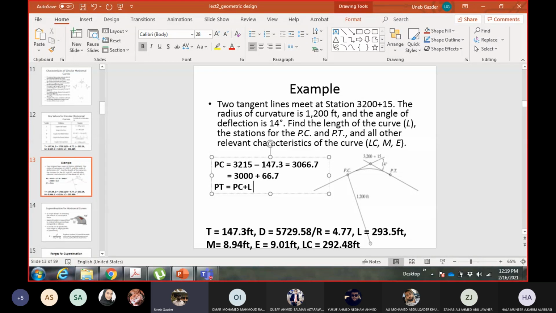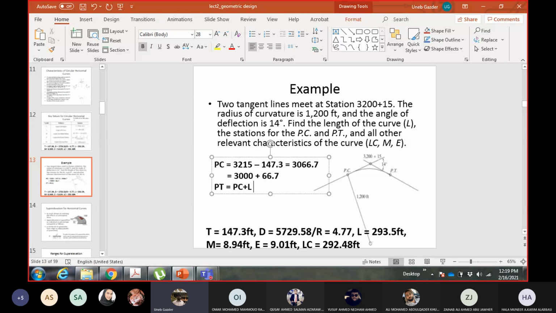This is what I am telling you for the sake of the examination. The correct approach is PC plus L. And the reason, as I told you, is that from PC onwards, everything is measured to PI, and the second tangent doesn't exist. The second tangent will not be laid out in the field. From PC to PT, you will lay out all the points on the curve. PI is already there because the tangents have to meet, but after PI, the second tangent will not be laid out. The contractor doesn't need the second tangent, so it will not be in the field.